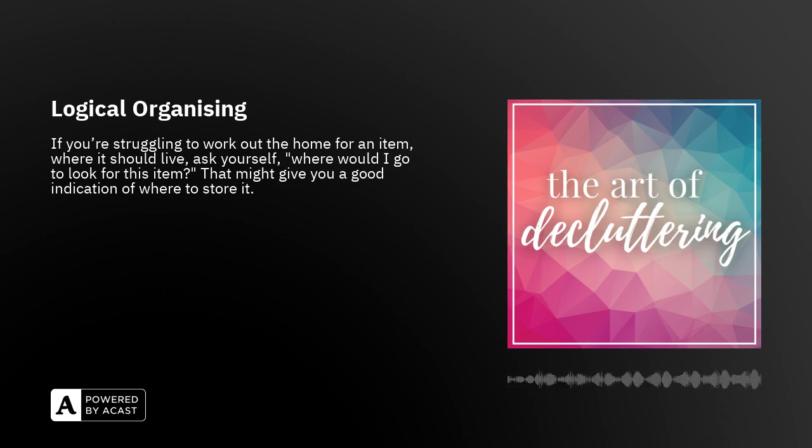So it might be that you go there to look for it, but actually, there's so many times in people's pantries that there are random things in pantries. Like lots of clients will have hair stuff for school, so ribbons and clips and a brush in the pantry because they're really not going to the bathroom to do their child's hair. They're finding that while the child has breakfast, they stand behind them and do their hair. Okay, so is the pantry the best spot? And the answer might be yes. But if it's not,